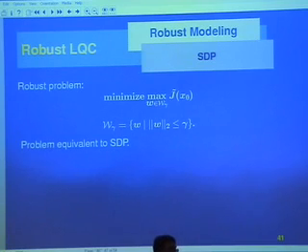This is nicely related, mathematically speaking. I don't attempt to do it in the last few minutes, but with a quadratic norm. For example, gamma equals 0 is the usual problem. But as we increase gamma, you have some robustness in the story. The nice thing about this is that you can model this problem as a semi-definite optimization problem. In other words, for those of you that do not know what semi-definite optimization is, it is a tractable convex problem for which in the last 10 years we have been able to solve relatively large-scale problems, tractable.